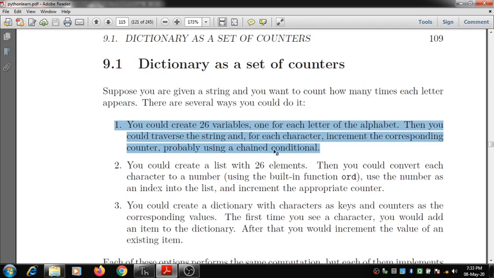So we are going to check the string character by character, and create 26 variables to check whether each character has appeared in the string, and then increment the counter if it appears more than once.